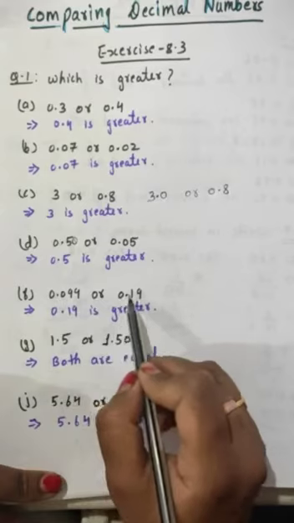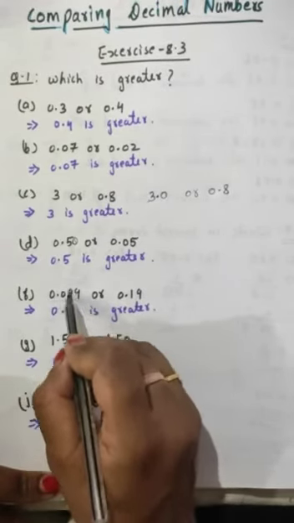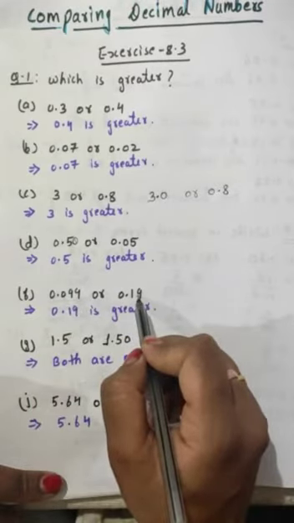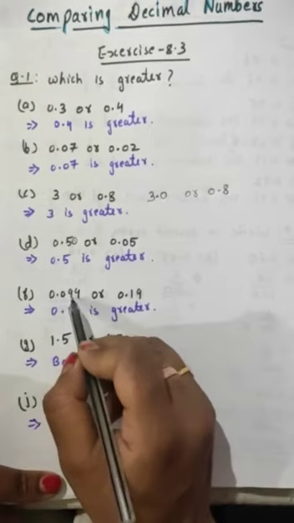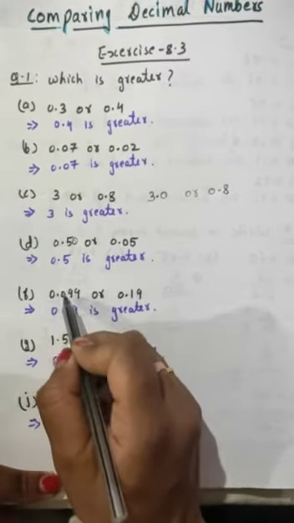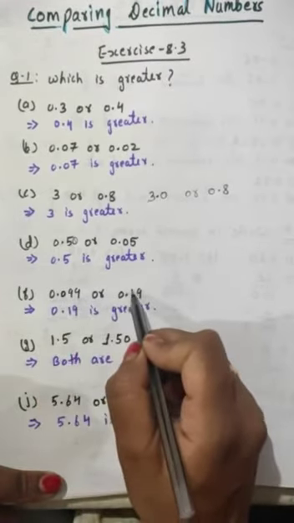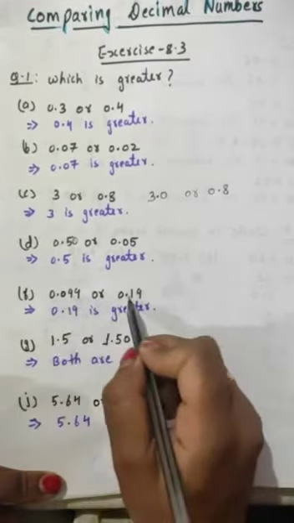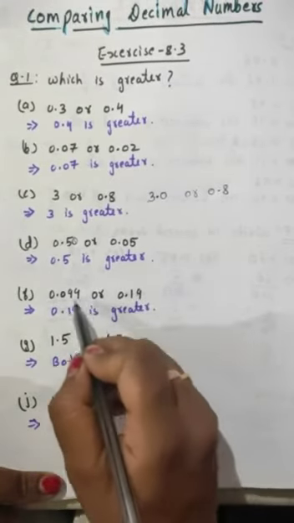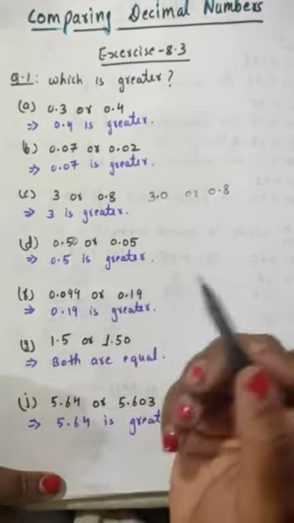Similarly, this also you can see 0.099 and 0.19. Even though this number is looking bigger, इसमें आपको दिख रहा होगा कि 99 है, इसमें 19 है, तो बहुत सारे बच्चे will do the mistake that they will write this number is bigger, but no, this is bigger. Why? Because after decimal, the first digit in this number is 0 and here it is 1. So which one is bigger, 0 or 1? Obviously 1. So 0.19 is greater. अगर आपका यही डिजिट बड़ा हो जाता है एक दूसरे से, then no need to compare further.